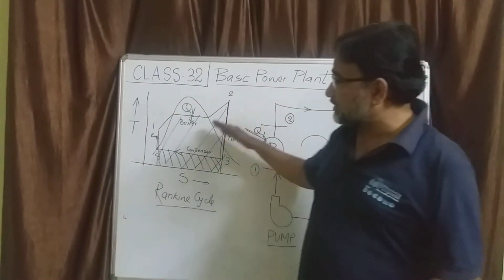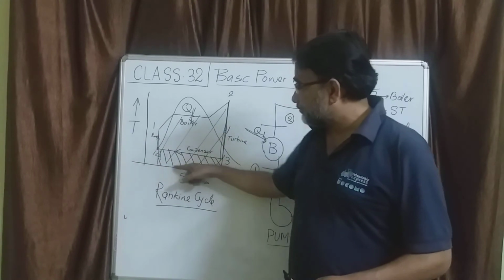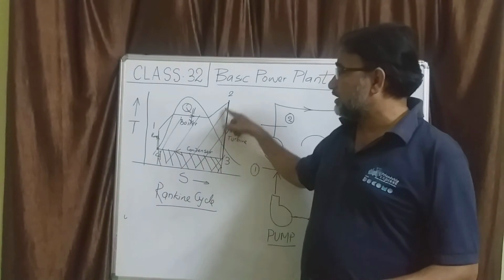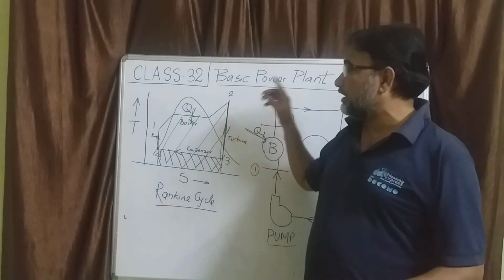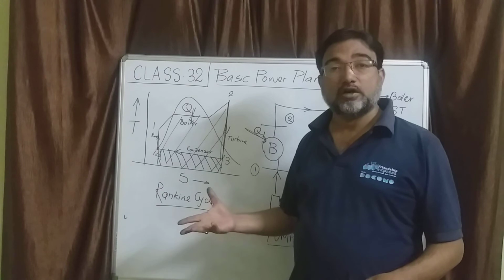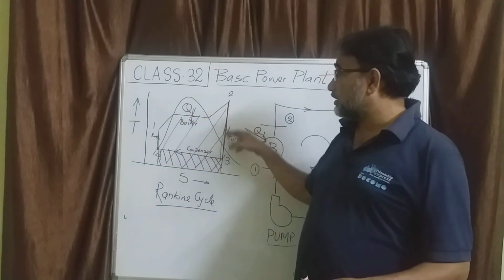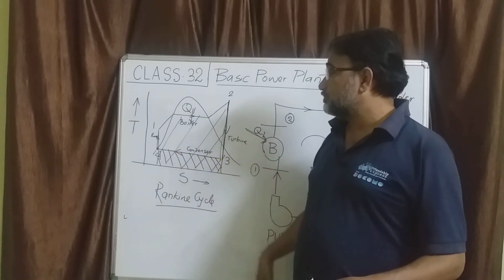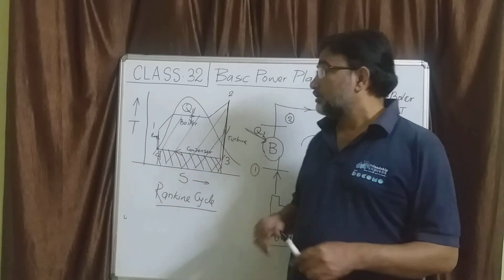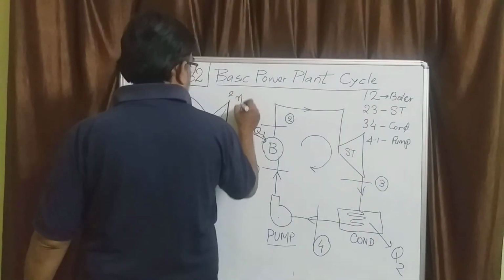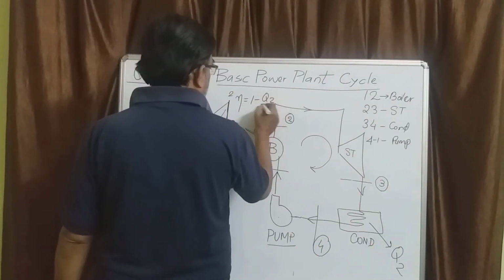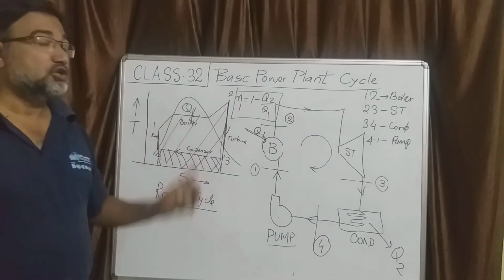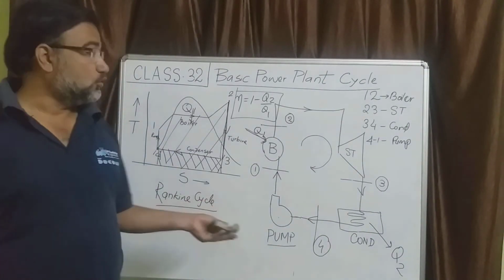So if you look at the TS diagram, you can see that this big area is the amount of heat supplied and this rectangle is the amount of heat rejected. The difference is the area bound by the cycle, and that is Q1 minus Q2, or the net work done. So that net work done divided by Q1 is the efficiency of the cycle. So the efficiency of the cycle is like any other cycle, 1 minus Q2 by Q1. This is not 1 minus T2 by T1 because this is not Carnot, this is a real cycle.